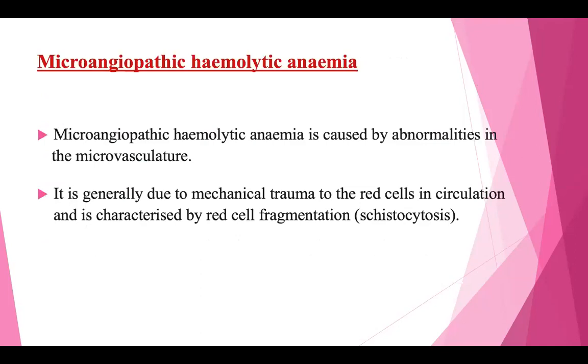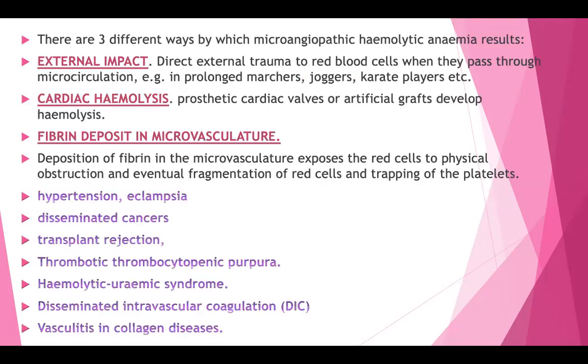Now for the mechanical destruction of the RBC, we call it microangiopathic hemolytic anemia, which results in abnormality of the micro blood vessels. I mean, there's a trauma resulting in red cell destruction in the circulation, with the fragmentation of the red cell; we call it histiocytosis. This mechanical destruction occurs in the form of either external impacts, for example, those prolonged partial